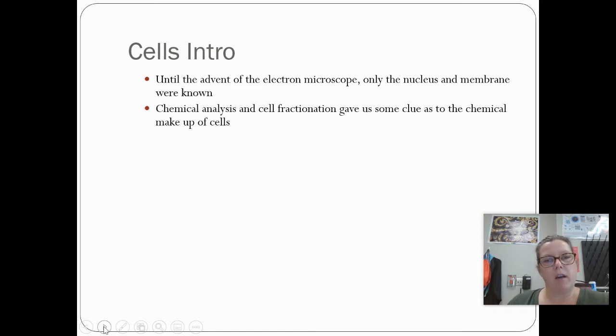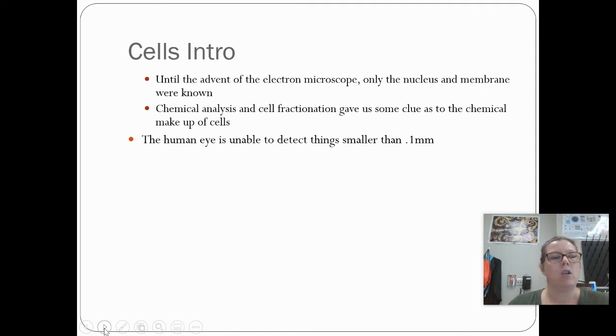until the advent of the electron microscope, the cell was called the black box. We could see a cell using a light microscope. And we could see that it had a nucleus, right, if it was a eukaryotic cell, which we'll get to in a sec. And we knew that there was DNA in the nucleus, but we didn't know about all the other organelles that we now know about because there wasn't a powerful enough microscope invented to actually show us those organelles, okay? So a lot of the information that we have on the cell organelles comes from electron microscope analysis,